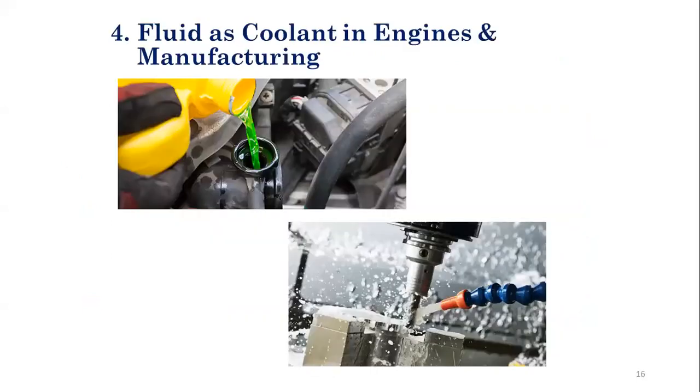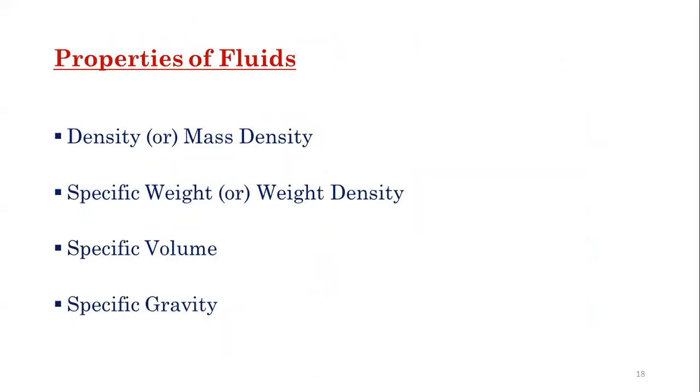Okay. So up to applications we have seen today. Next, while coming to the main topic, from here the main thing of our first unit will start. We need to know the basic properties of our fluid, the general properties of a fluid. The first most important properties which we need are density, also called mass density; next, specific weight or weight density; the next is specific volume; and next one is specific gravity. So these are the properties, and we have some other properties also. Before that, we need to know these basic properties for any fluid.